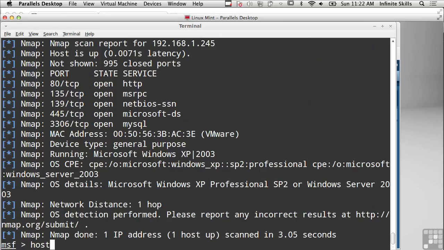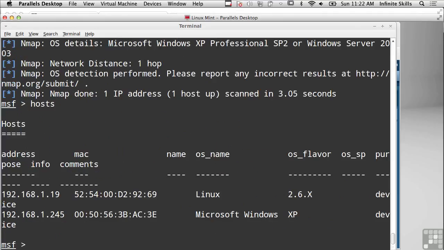So I can show you the hosts that I've got in my database, and nmap uses Postgres on the back end. So when I run this command, I'm actually checking the Postgres database that Metasploit connects to. So you can see here I've got a Linux system in my database and a Windows XP system. Another thing that I can do is